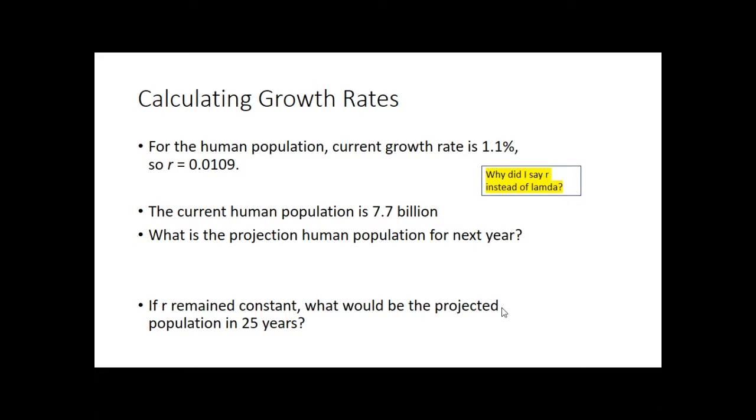Perfect, exactly, right? Humans aren't breeding on a cycle or within a season, right? We breed continuously. And so we have that R. All right, so we had gotten through this first example, right, of doing the